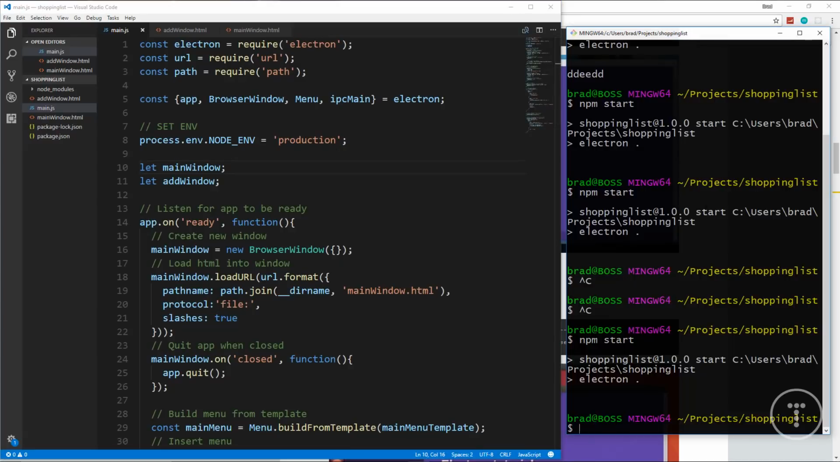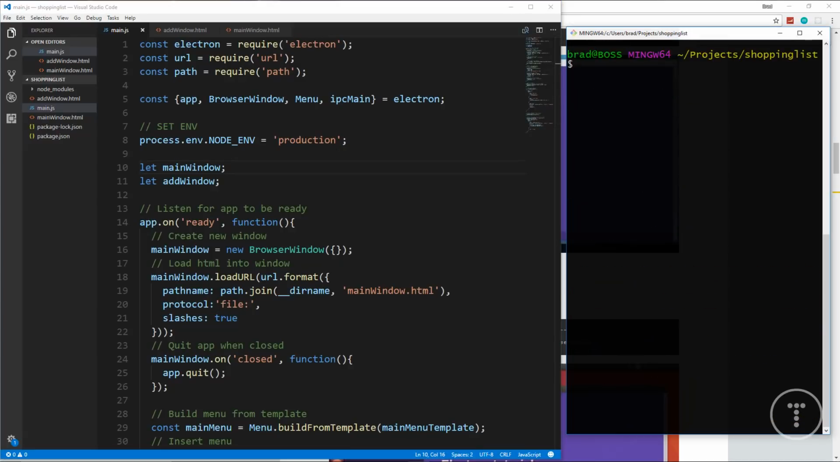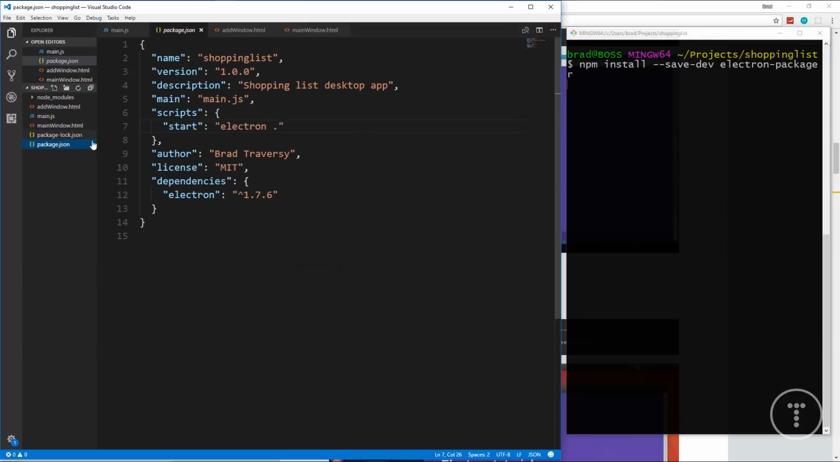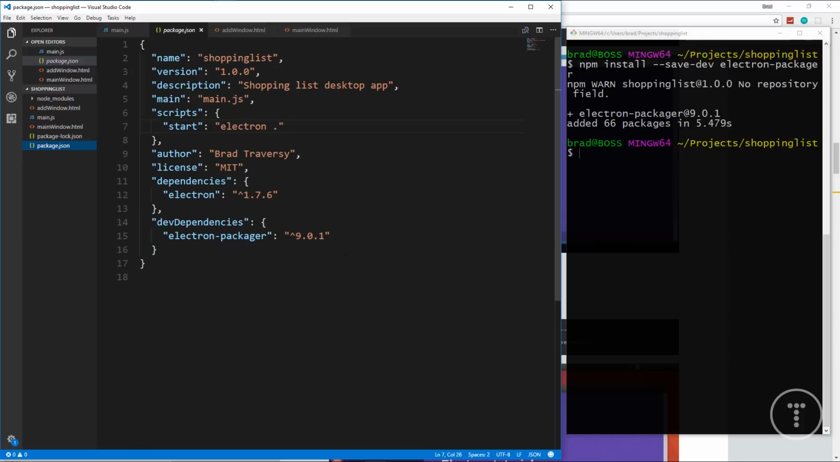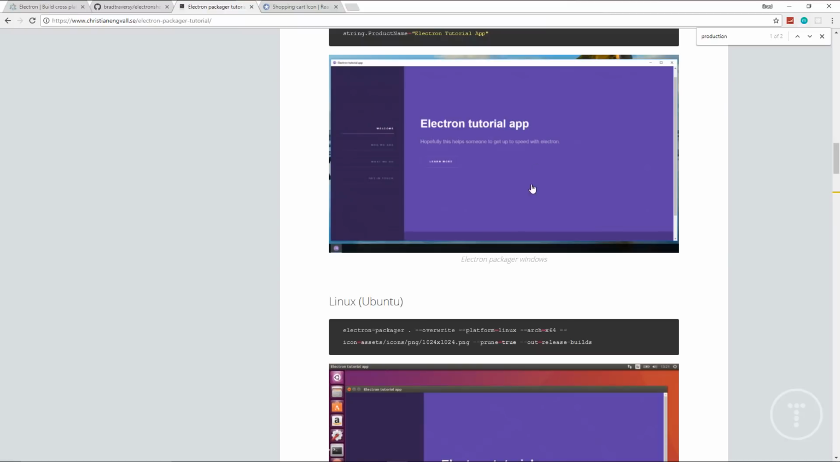So we're going to go over here, we'll clear this out, and we'll say npm install --save-dev electron-packager. And that'll get added to the package.json file as a dev dependency. Alright, and then what we're going to do is we're going to go back to that blog post, and I'm